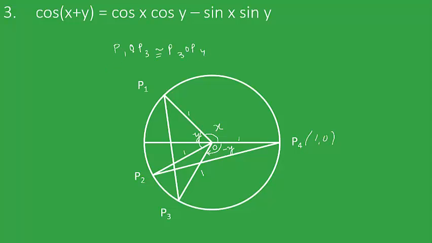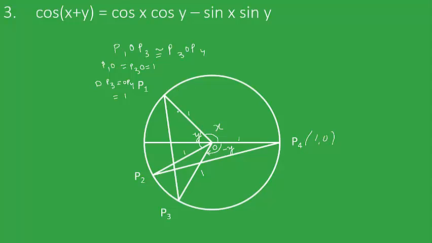To prove this, first of all, see that P1 O is equal to P2 O, as these are the radii of the circle, and similarly O P3 is equal to O P4, as they are also radii of the circle and of unit length, and the corresponding angle, that is P1 O P3,